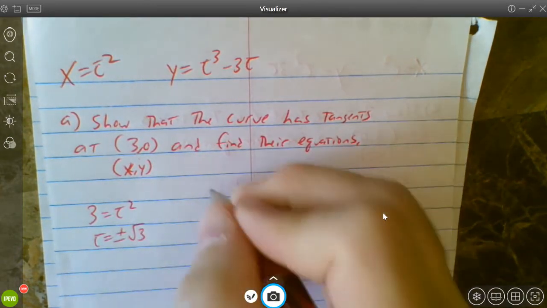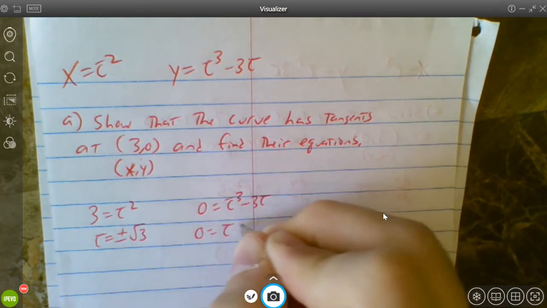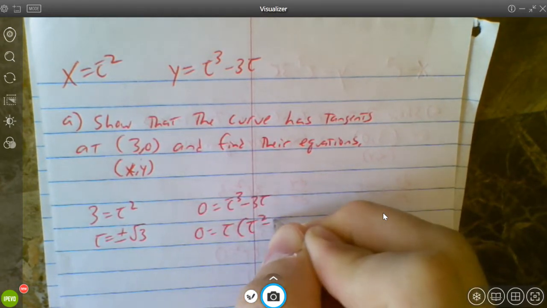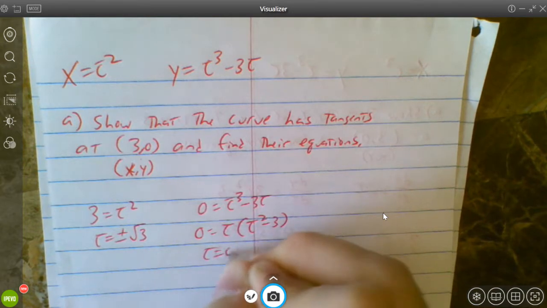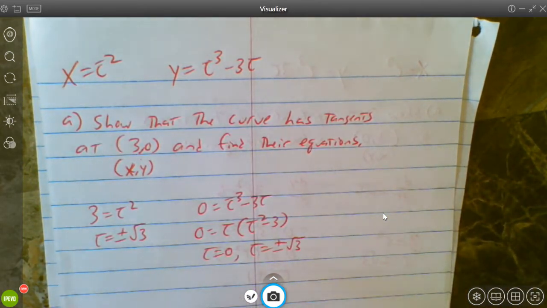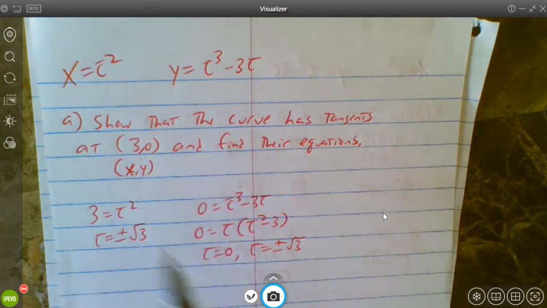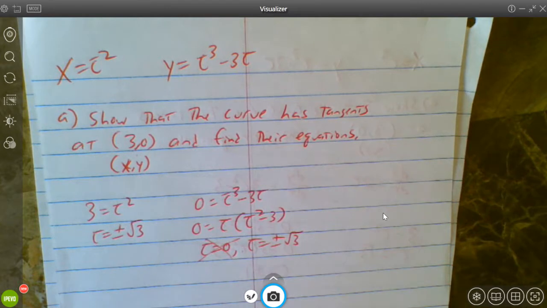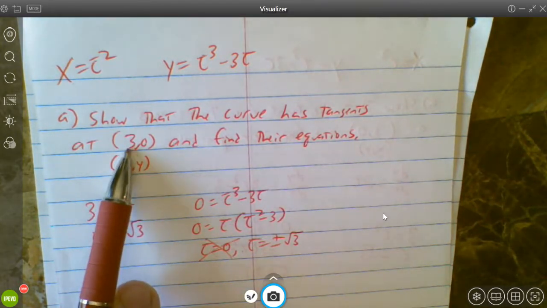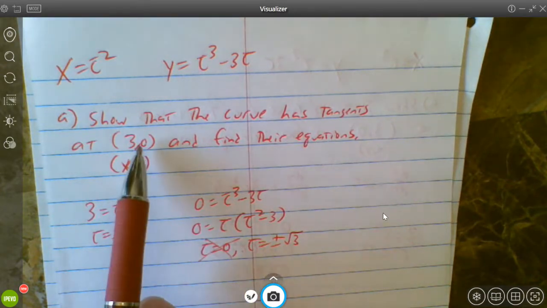square root of 3. And if 0 is going to be t cubed minus 3t, well, that's going to actually get us the same thing plus an extra value of 0 here, and plus or minus the square root of 3. Now, it doesn't happen at all of these values, because at t equals 0, x doesn't equal 3. At t equals 0, x equals 0. So we can't actually include this one in our evaluation because it doesn't satisfy this particular point. So our values, plus or minus the square root of 3, get us the actual point on the curve